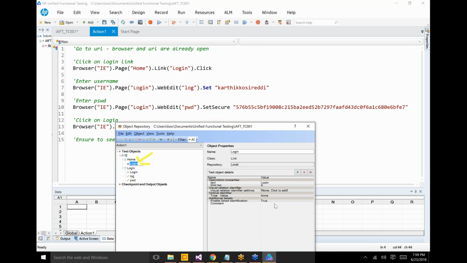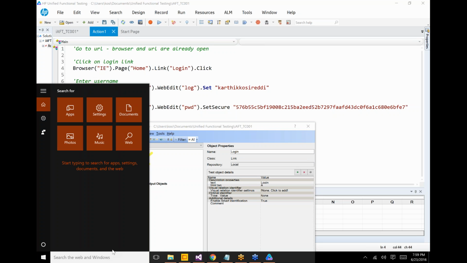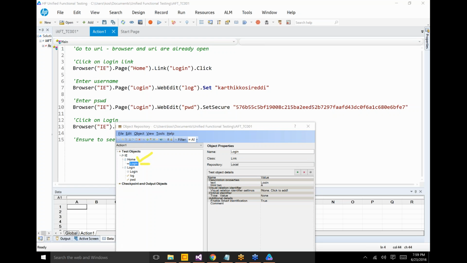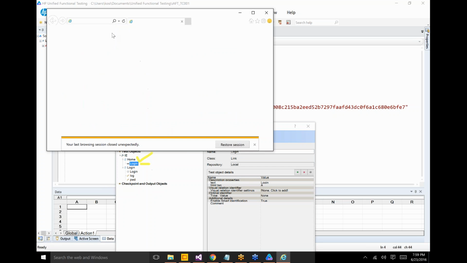Now what it does is it takes this information here and it puts that information to search on the application. So if we go to our Internet Explorer and go to that URL,